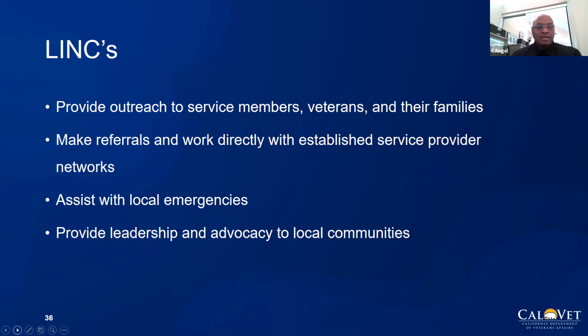So the role of a link is to provide outreach and service to our service members, veterans, and their family members, make referrals to work directly with established service providers and networks, assist with local emergencies, and provide leadership and advocacy to local communities. So just with a little elaboration there, the first one is pretty self-explanatory, provide outreach to